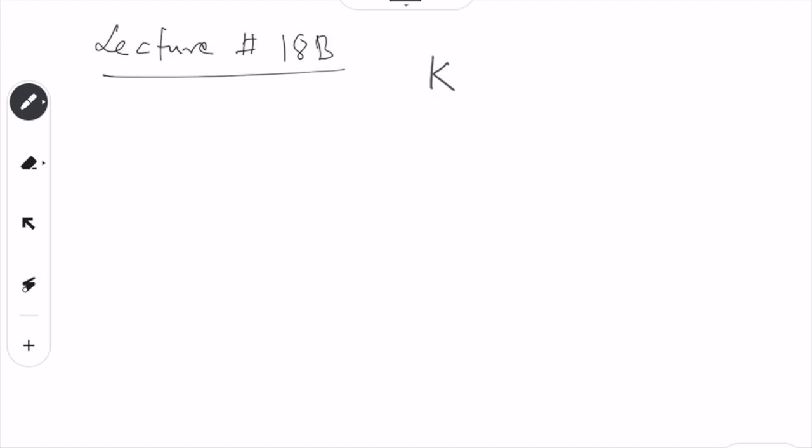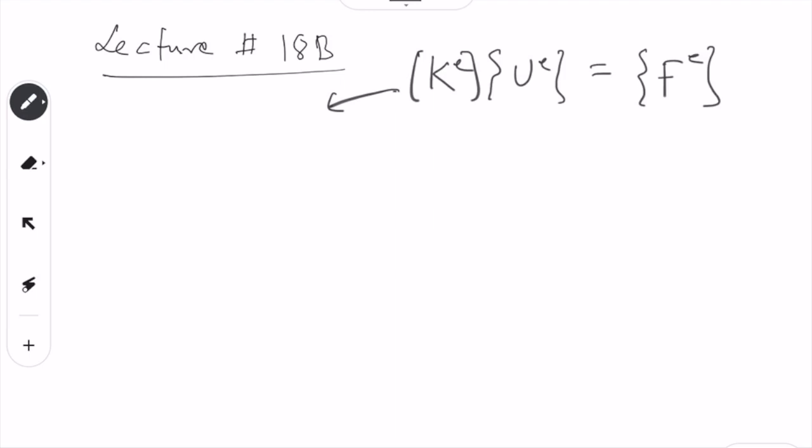We have this equation: the element stiffness matrix, times the element displacement vector, is equal to the element force vector, right? We get this, and we know that in order to get the entries of Ke,